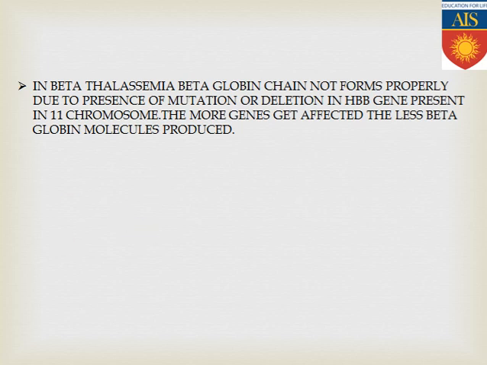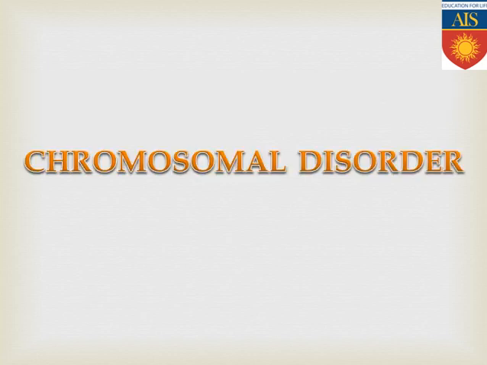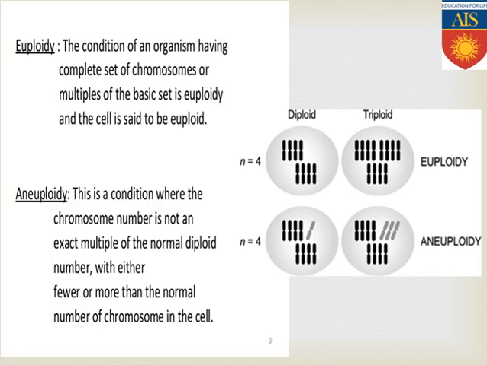I think all these Mendelian disorders that I have told just now, we have understood these points properly. Now we will come to the next type of disorder besides Mendelian disorders, that is chromosomal disorder, because these disorders can be found at the chromosomal level. Chromosomal disorders can be of two types, where the chromosome number is increasing or reducing. First of all, there is a problem, that is aneuploidy. Aneuploidy means the chromosome number increases or decreases one by one in the total set, and the problem is commonly known as aneuploidy. So aneuploidy can be of various types.